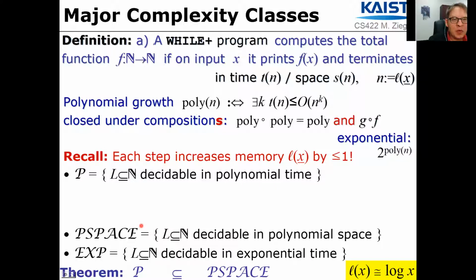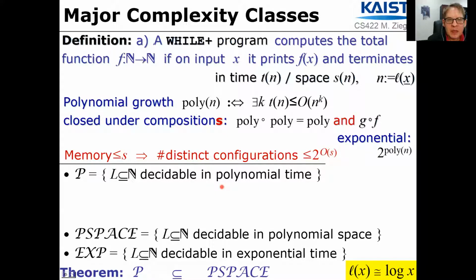Then we moved on to the complexity class EXP of exponential time decidable problems. Remember that these are not necessarily closed under composition. And we observed that this class includes the already introduced class PSPACE of polynomial space decidable problems. And this is an important but subtle argument, so let us use the opportunity to recall this proof. This proof is based on the observation that if a while plus program uses at most S